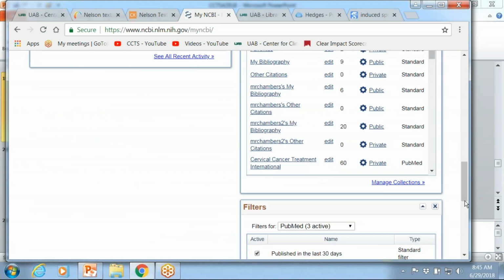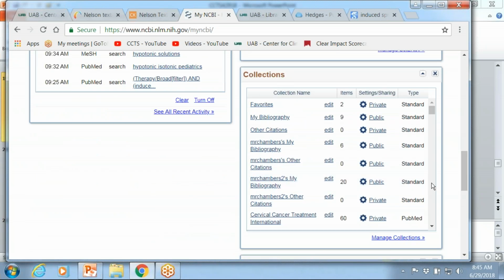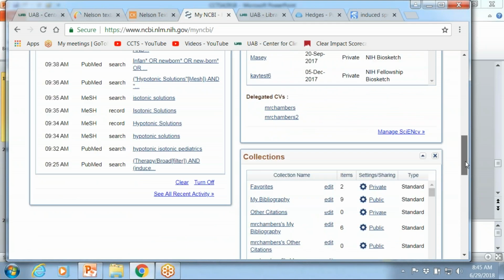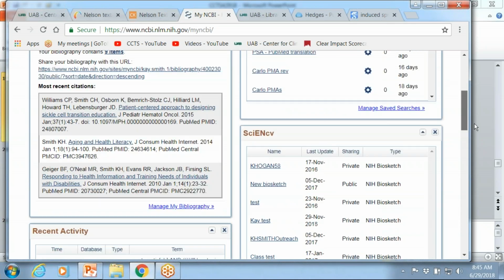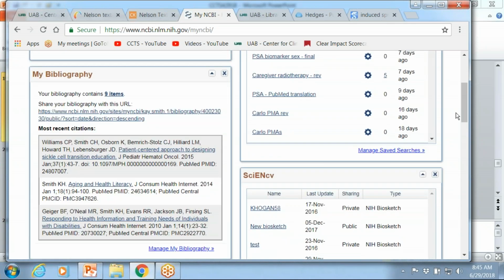Here's my collections of articles that I've worked on. This My Bibliography is also really important for your coming careers and stuff.